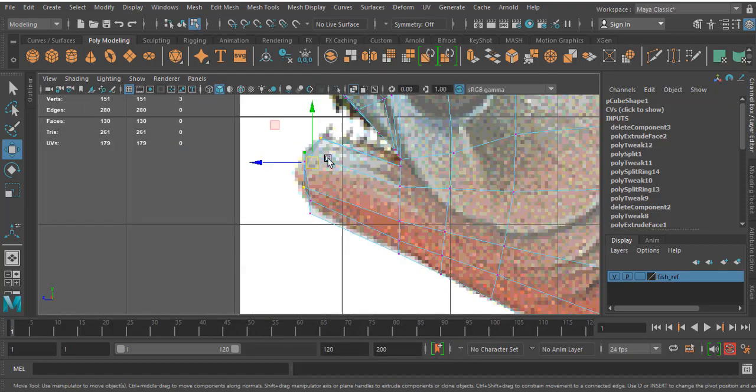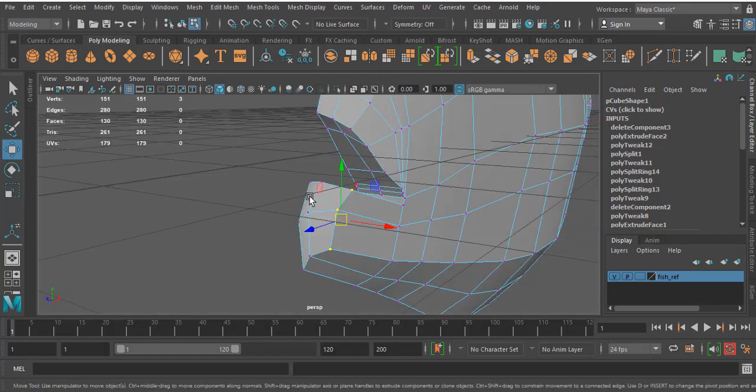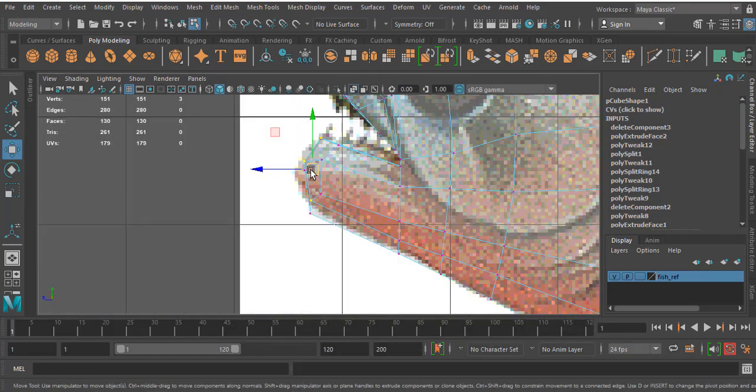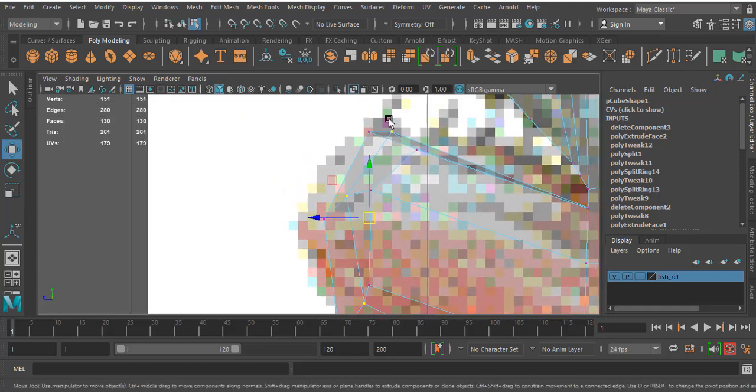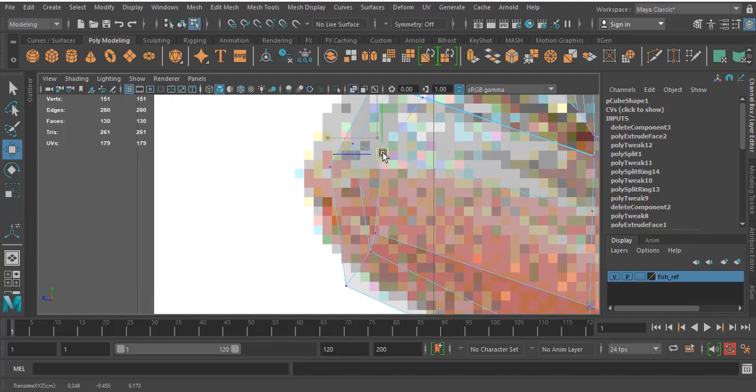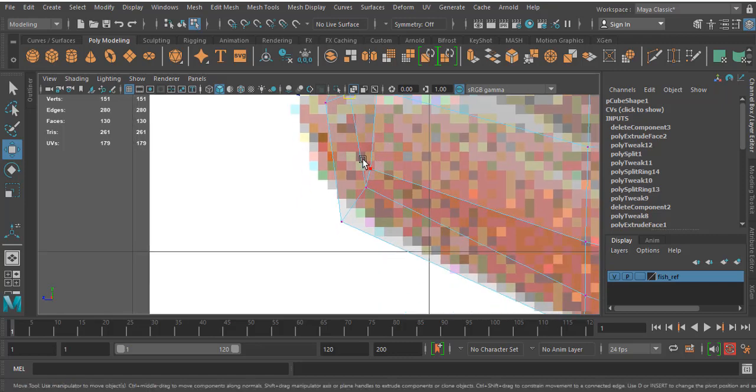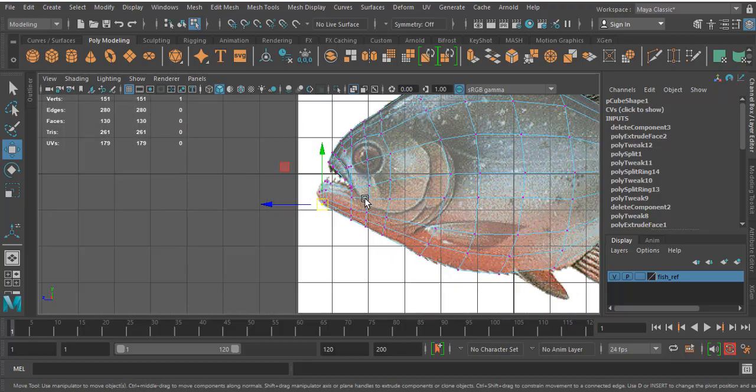Select these three. Place it a little bit backward. Select the middle three vertices. Now you got that alignment almost. Okay, you can arrange it according to this stance. Now you can place this.